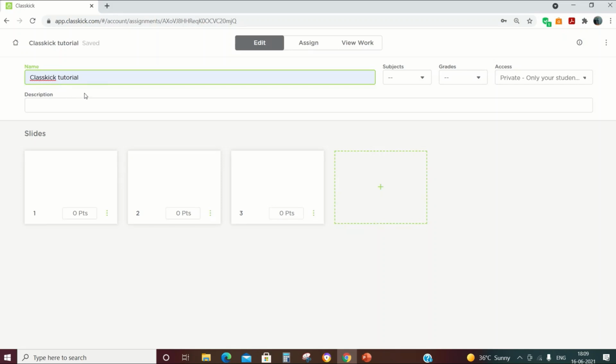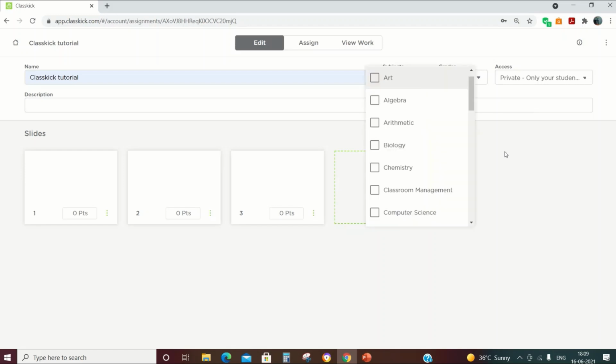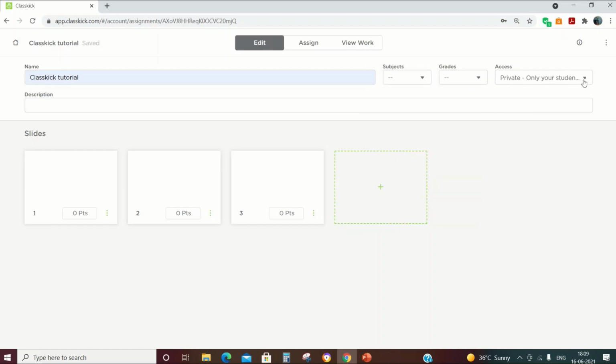You can also choose the subject, which grade you are going to teach, and the type of access you prefer. All the options you can set according to your requirement, and you can see the slides here: 1, 2, 3. By default 3 slides will be there.